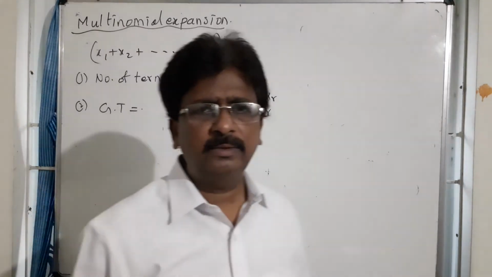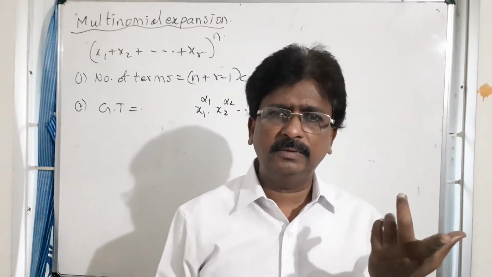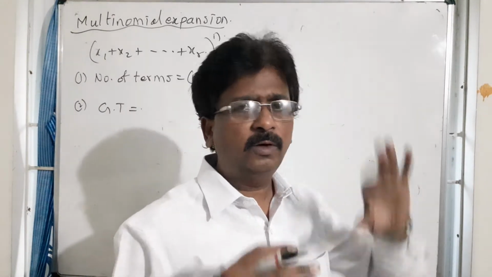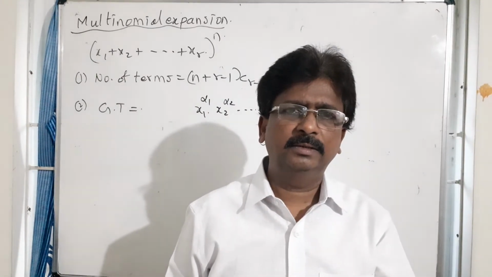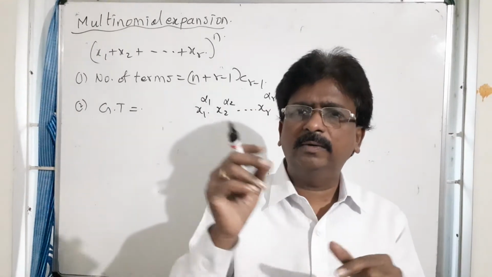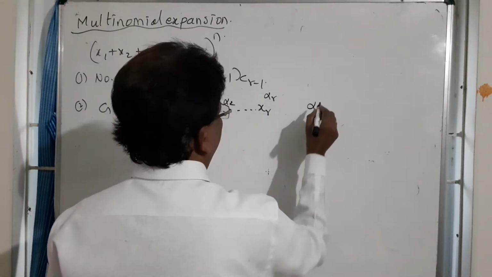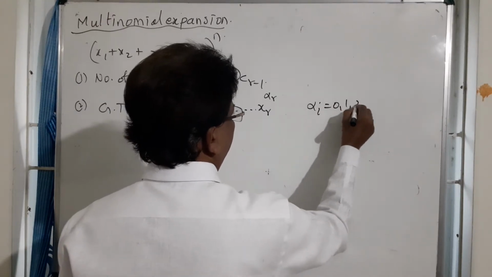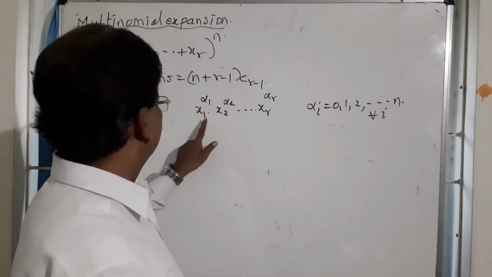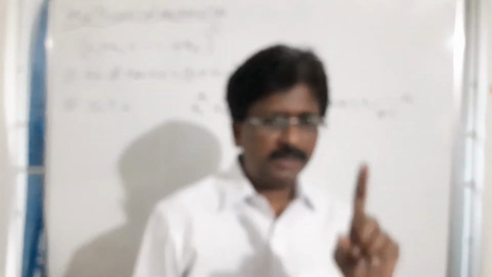What is alpha 1, alpha 2 and so on up to alpha r? They are natural numbers or whole numbers from 0 to n. Our available things are n only, so more than n things we cannot give to any person. So each alpha i is just 0, 1, 2, 3 up to n only. So our condition is each alpha i equals 0, 1, 2, 3 up to n for all i, where i takes the values 1, 2, 3 and so on up to r. Okay, this is one condition.